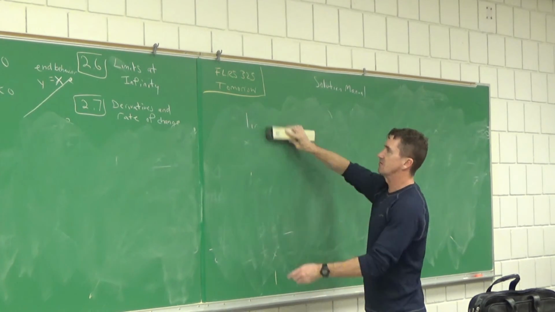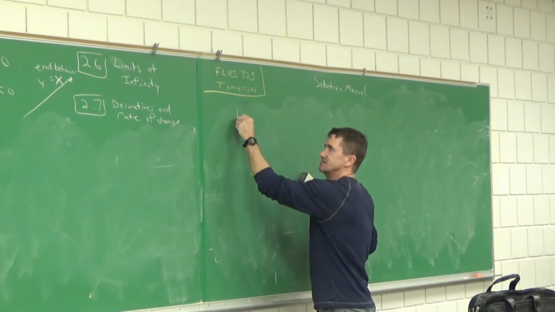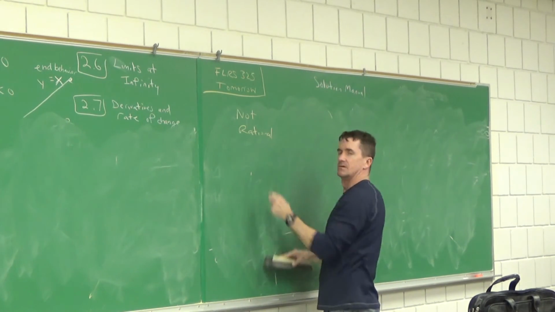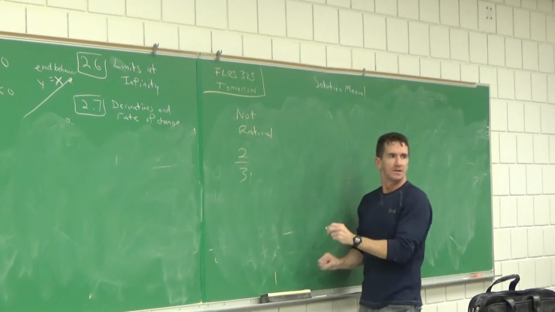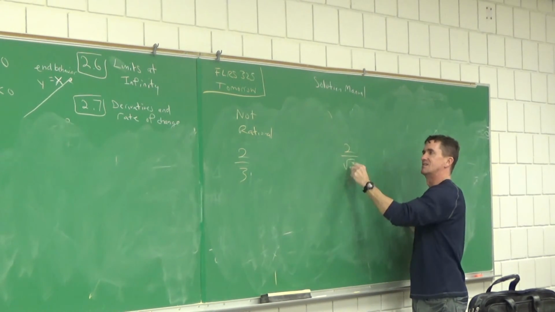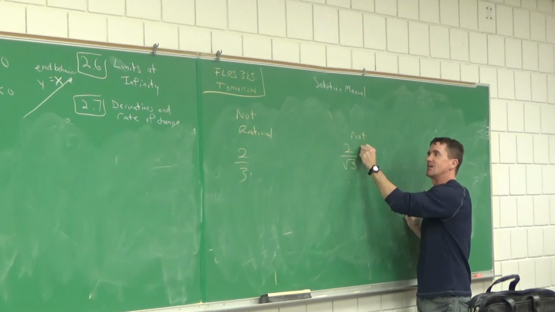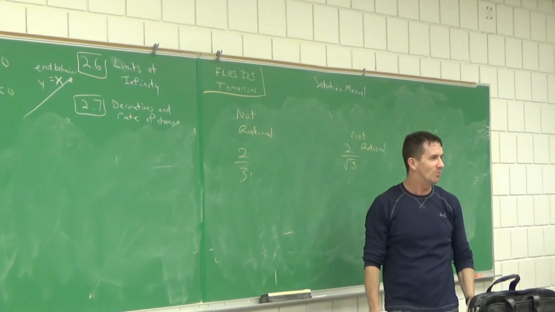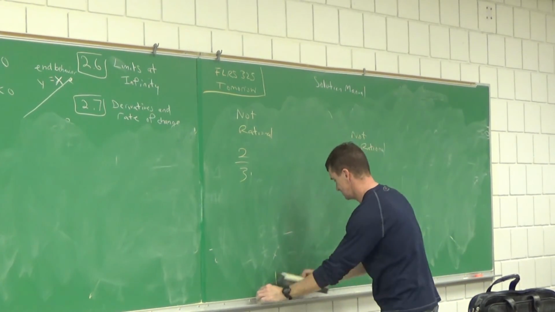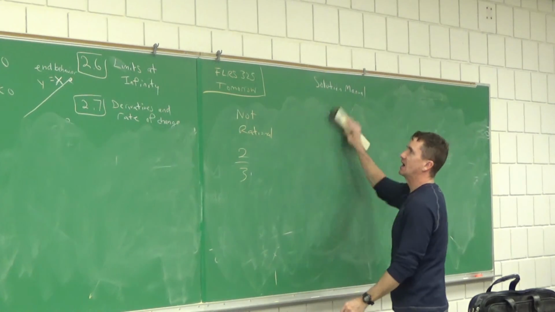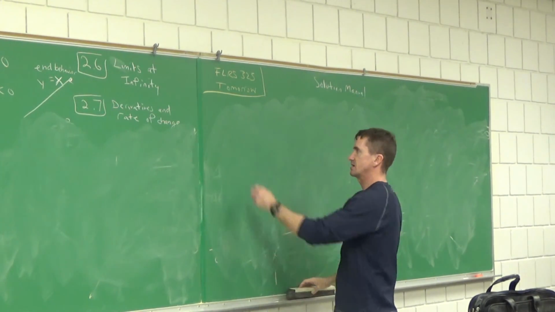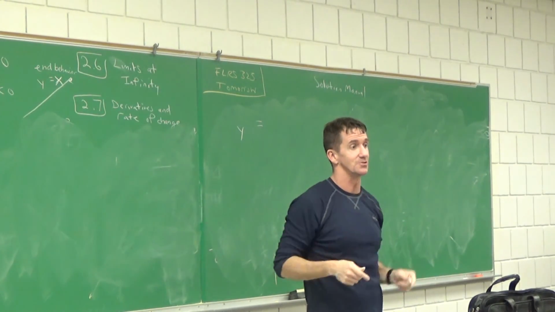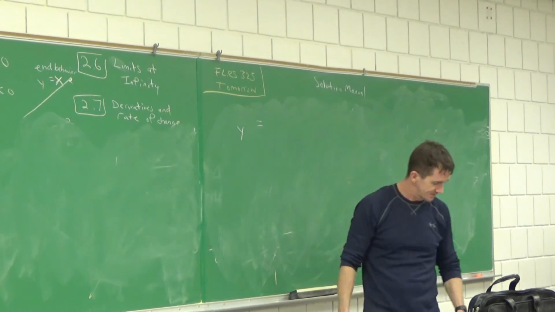Yeah. What if it's not rational, but it's a fraction? So in this phrase I was just saying, rational, like this number in math is rational. This number is not rational. So what if it's a fraction, but it's not a rational expression? Well, I guess that game's over, huh? Well, we can still use parts of it. So I'm going to give you an example. What if you got something that's not rational and we still want to use some techniques here? Well, you can do it the way we're just doing. You can still do it. But here you go. How about